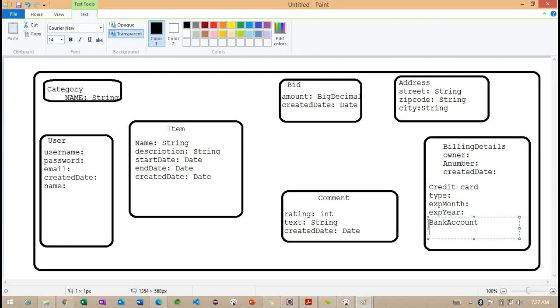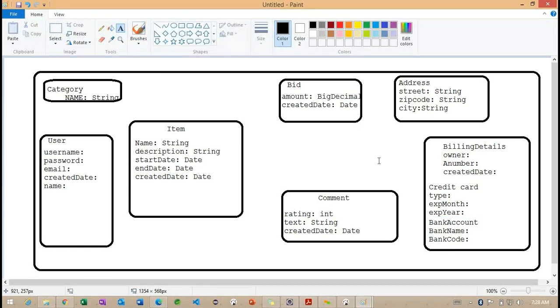So inside this bank account, bank name and bank code. We'll have some IFSC code we are going to call bank code. So you can add different properties if you want. Right, just for understanding I'm giving.